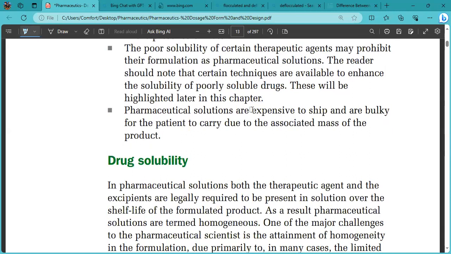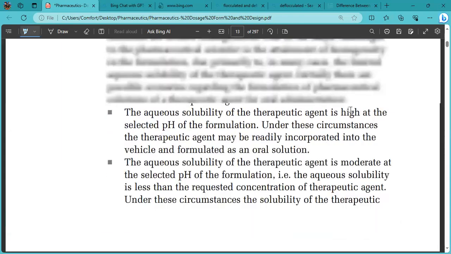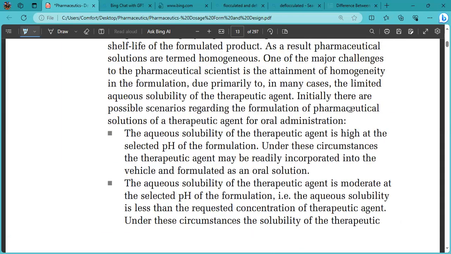And then because they are liquids, they are bulky and also difficult and expensive to shape. So you may have noticed that if a drug is given as just a powder and you're told to go home and dissolve it in water, that bottle is much lighter than it would be if it's already in a liquid form. So I think that's basically it for